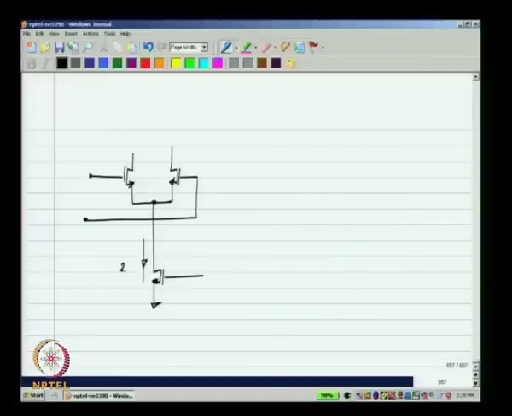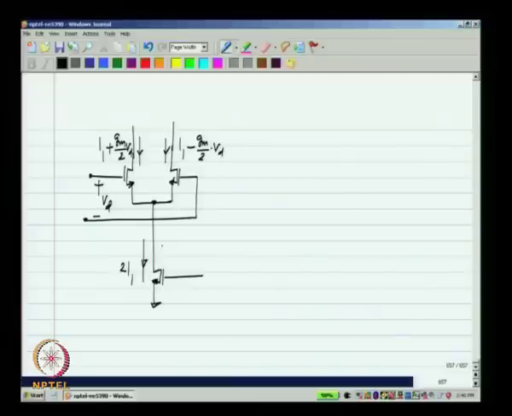So, let us say the differential pair is biased with a certain current I1, that is the tail current. Okay. In quiescent condition, each of these currents will be equal to I1, and if an increment Vd is applied, then the current in the left side will be I1 plus Gm by 2 Vd, and here it will be I1 minus Gm by 2 times Vd. Okay.